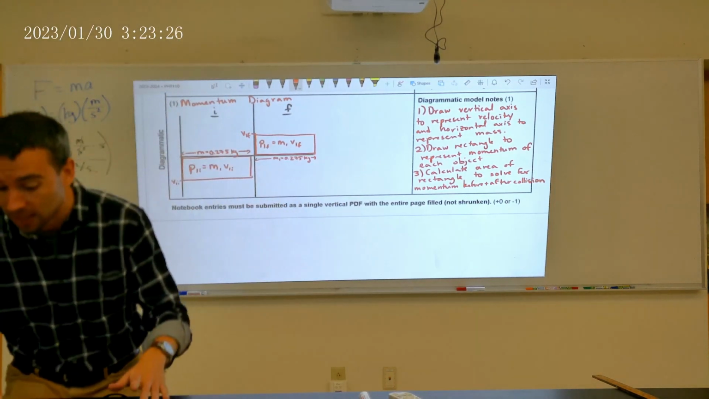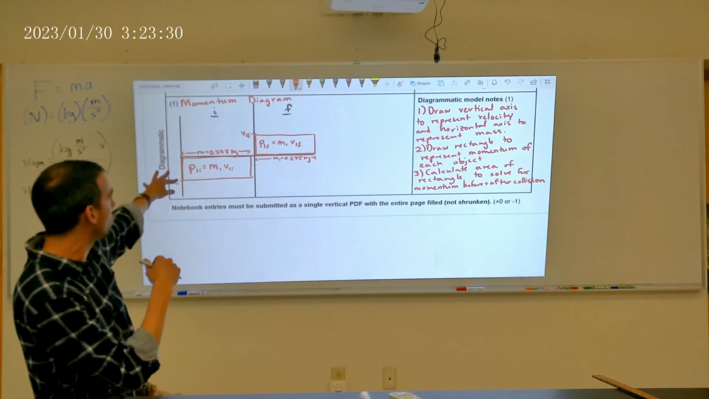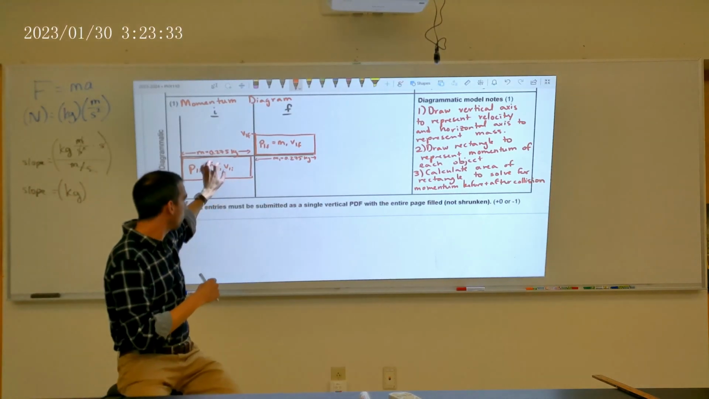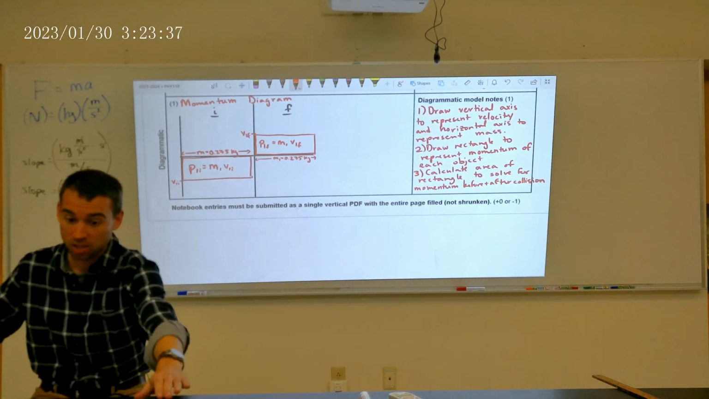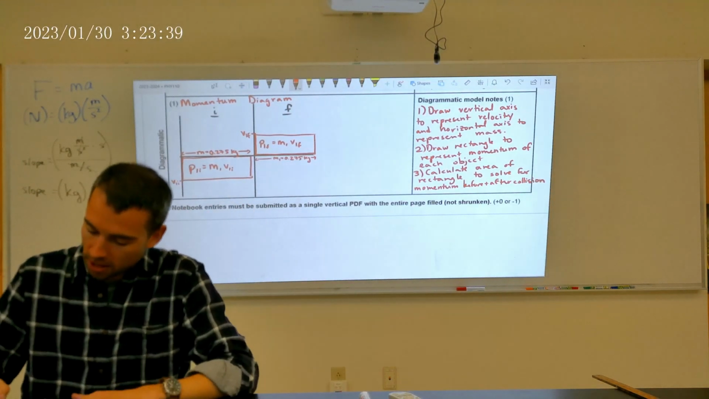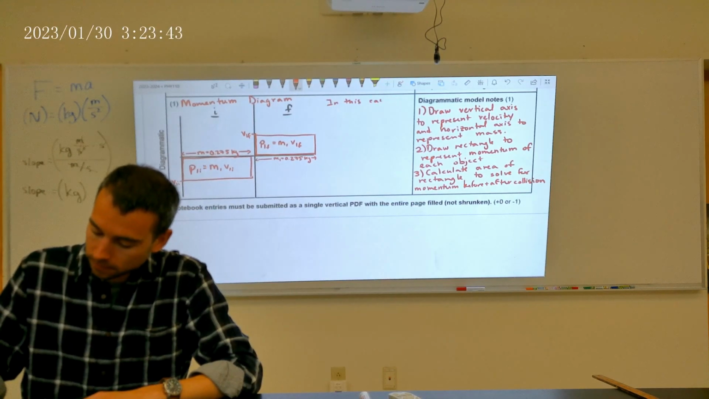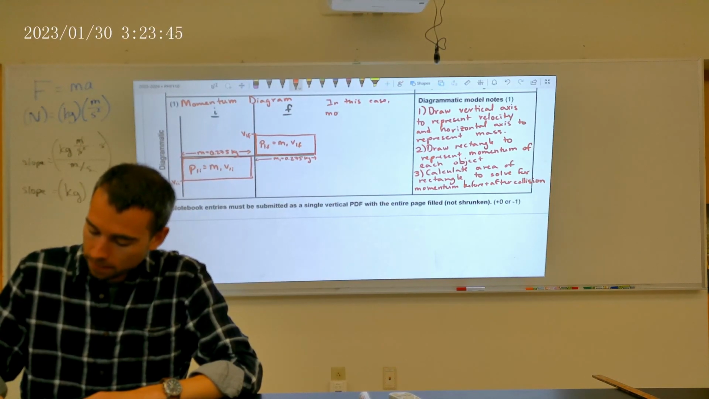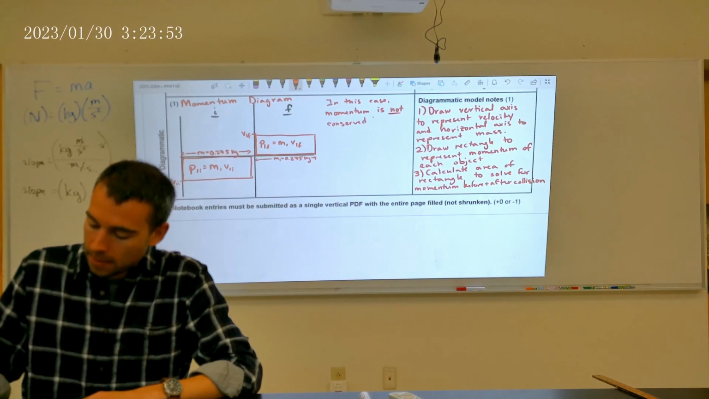It's not an isolated system. There are external forces coming into what we've chosen to draw. There's external forces acting on the car. That is the force that we actually measured. So let's make a little note here. In this case, momentum is not conserved because